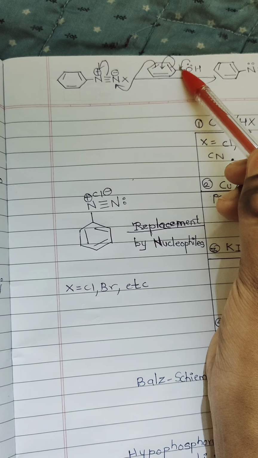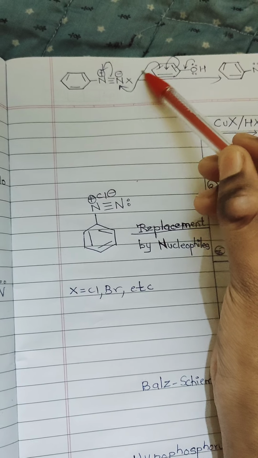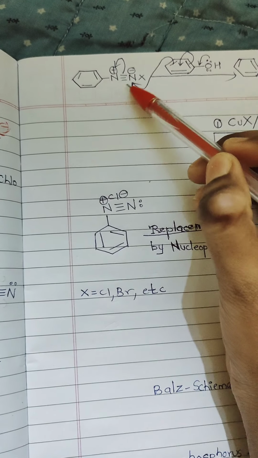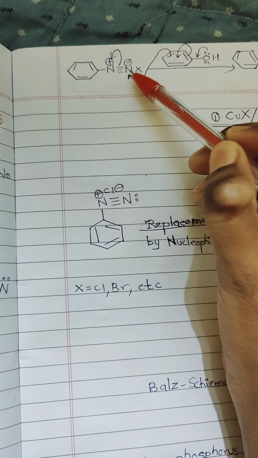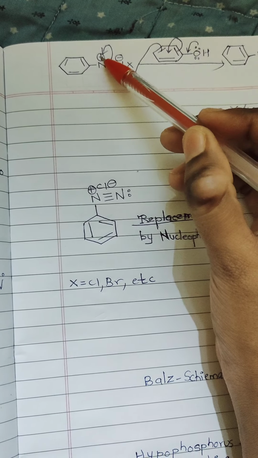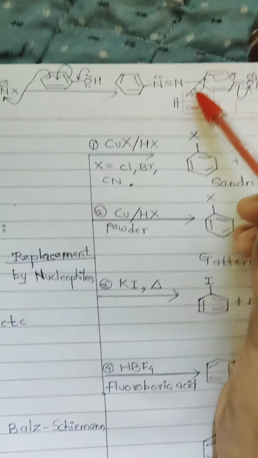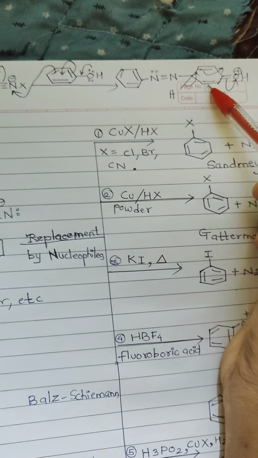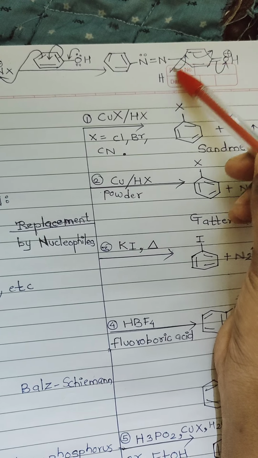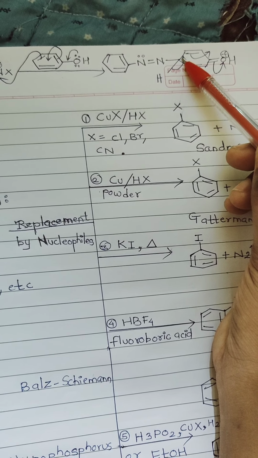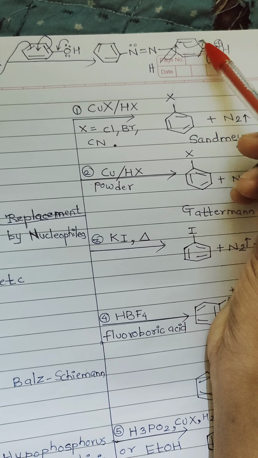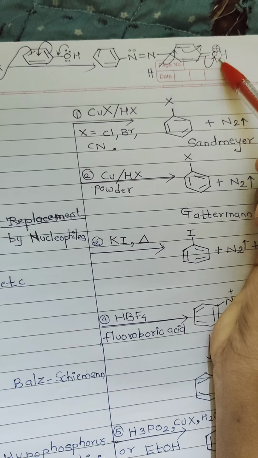So here it donates the electron, this gets shifted and the bond opens on nitrogen, because nitrogen becomes electropositive and wants the shared electron towards itself. By this the aromaticity is disturbed, therefore the hydrogen gives its shared electron pair to this carbon bond, and aromaticity is retained. The shifting is like this, and everything is neutralized.